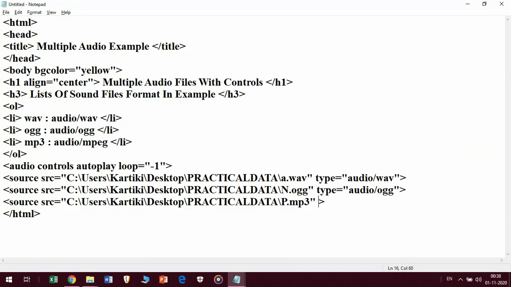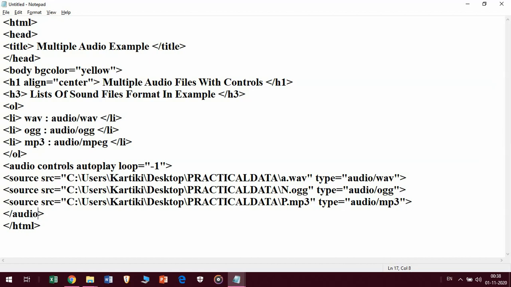Now here I have added the third type of audio file into my program. I have to mention the type, so type audio slash mp3. After this I'll close the audio tag.